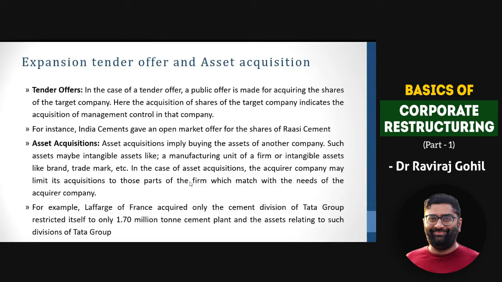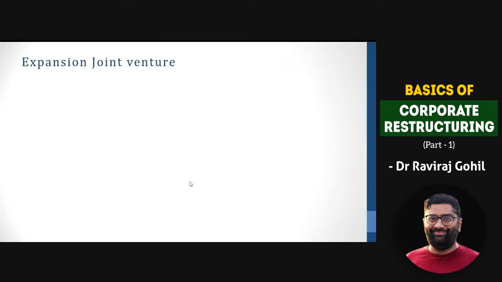So asset acquisitions are generally very easy because you don't have to acquire the entire company. It becomes effective also because it may happen that a company has 4 or 5 divisions, out of which only one division is your interest. So just for that one division, you will not end up buying the entire company. You will just buy that particular division which matches your strategic needs and is in alignment with your strategy.